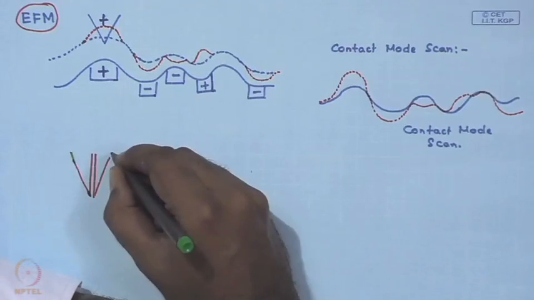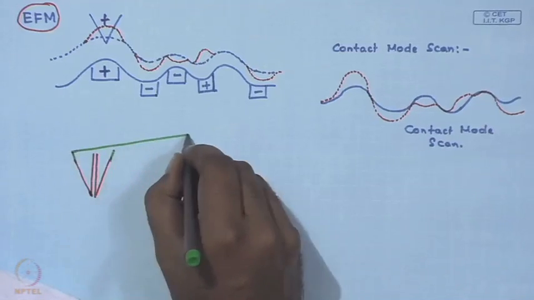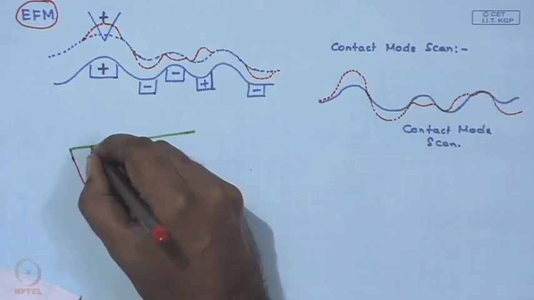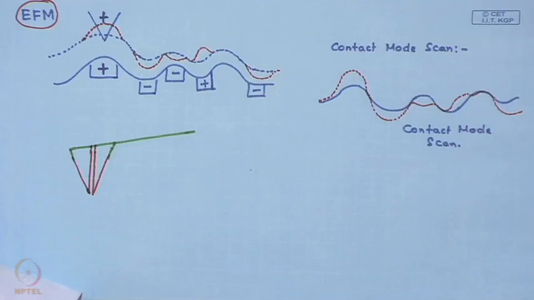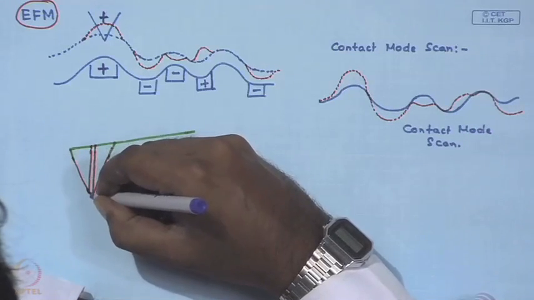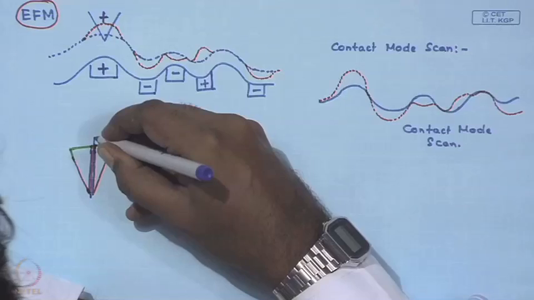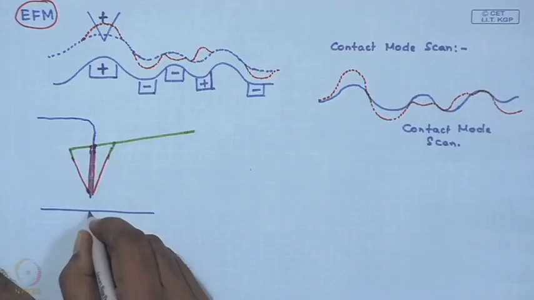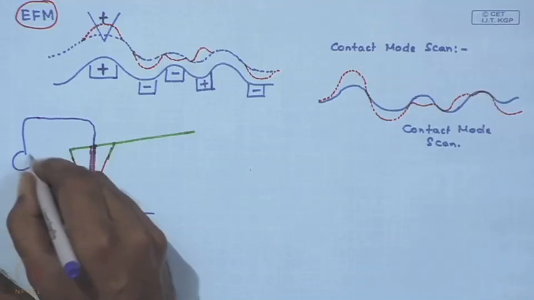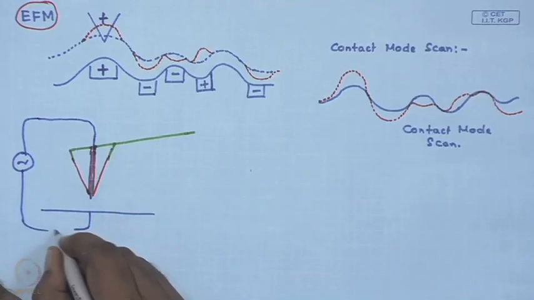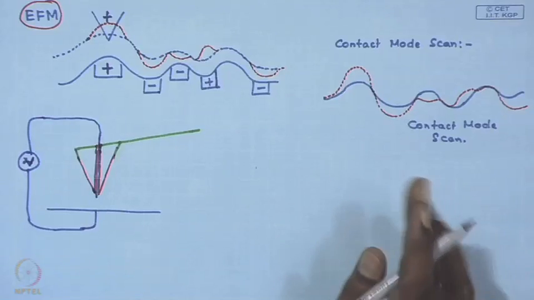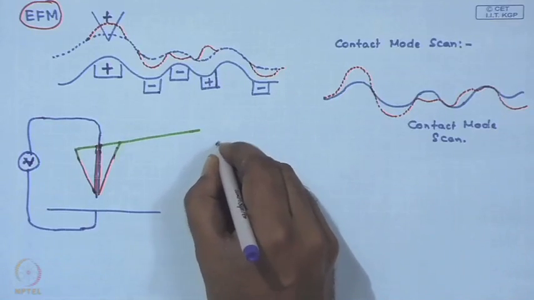This is mounted as usual on your cantilever, and all other properties remain the same. The only additional thing is you insert an electrical wire, platinum wire maybe, through it, and you apply a voltage, bias the sample. And then what you do, as a part of one scan of EFM,